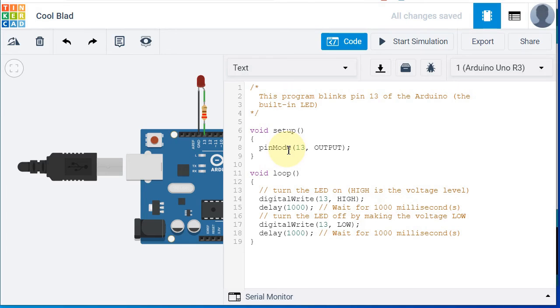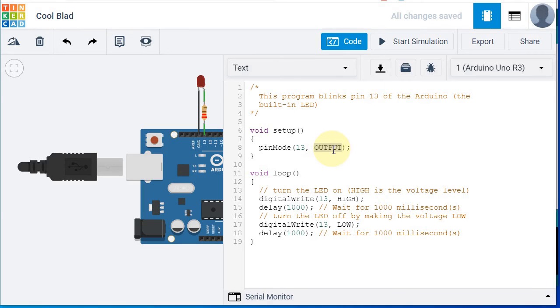So this is the syntax we need to follow everywhere when you set up pins as output or input. The pinMode syntax should not change anywhere. If you change the pinMode syntax, a syntax error will come. So pin number 13 is output, and you can check that all the letters in OUTPUT are capital letters.